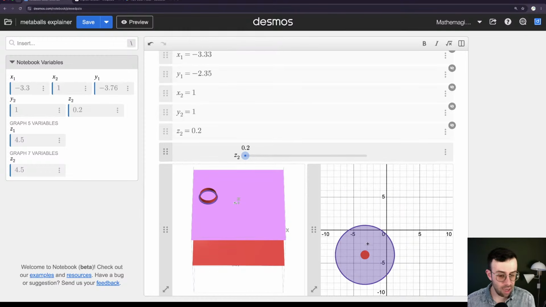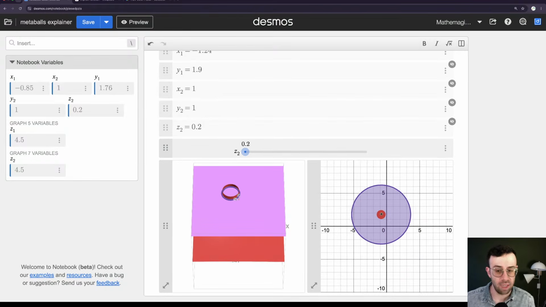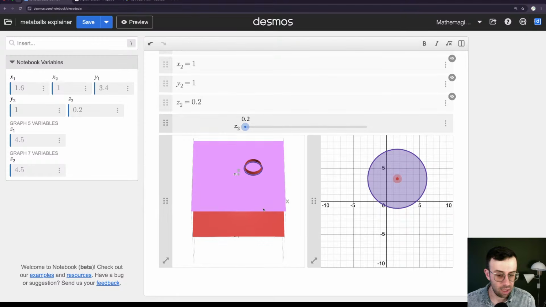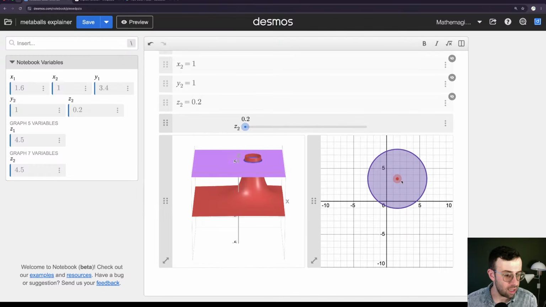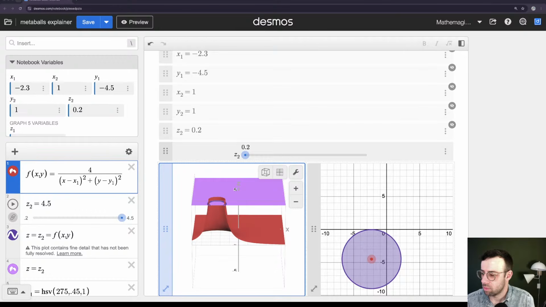Yeah, I think the best thing about notebooks is putting the 2D and the 3D graphs next to each other. I think that's like the coolest part of it. You can explain stuff and do sliders, but you can kind of do that in a regular graph. What you can't do in a regular